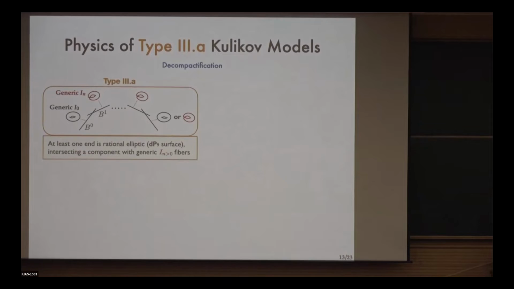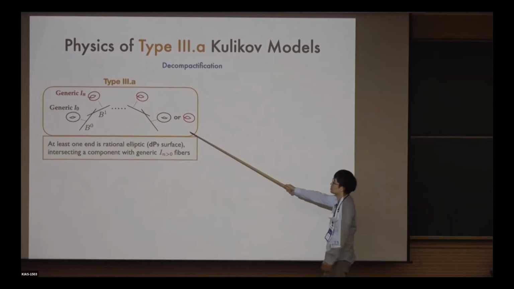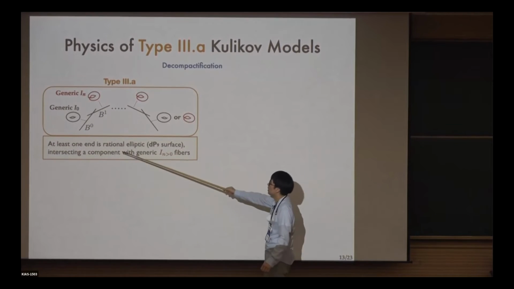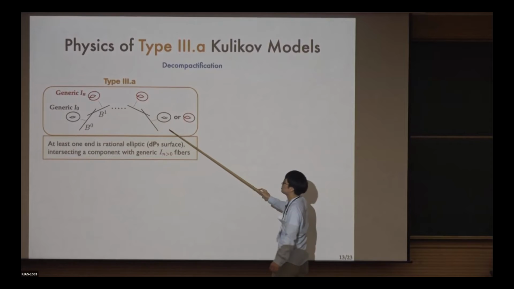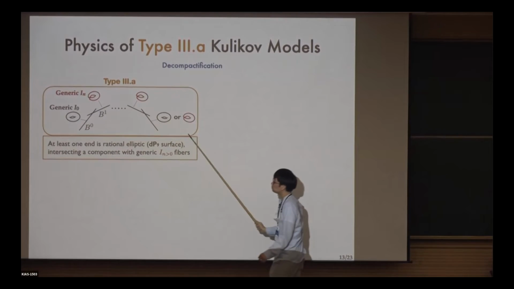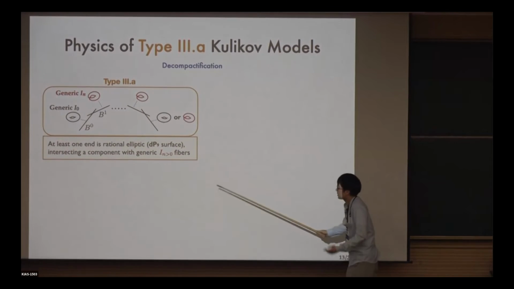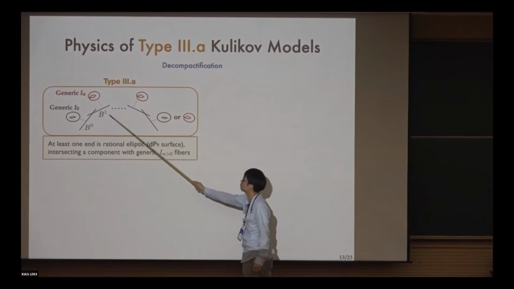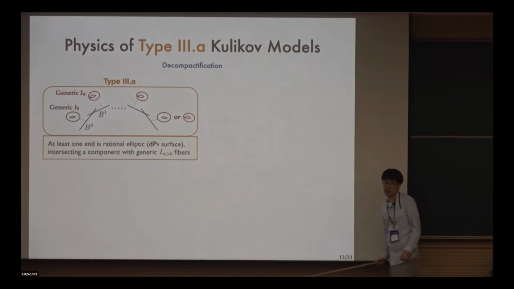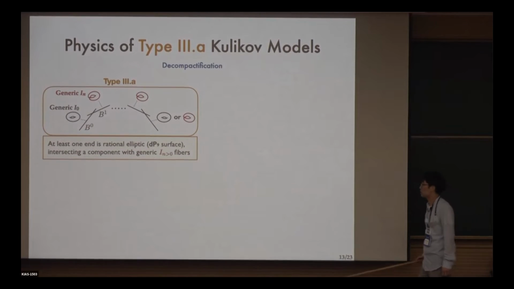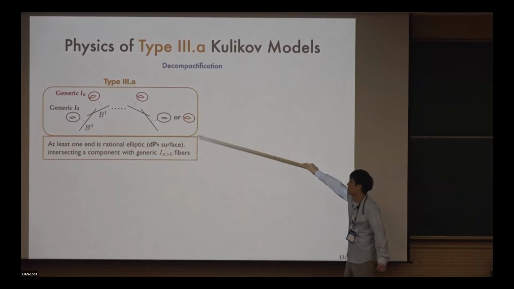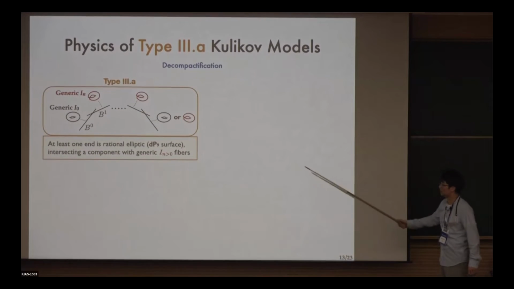Okay, now about the type 3. In this situation, the central element, the degeneration, in the end, after this procedure I described, will turn into a chain of P1 bases and elliptic fibrations over them. But at least at the level of Weierstrass model, this is, again, the chain form as in the type 2 case. I told you that for type 3 models, the degeneration doesn't have to be of chain form, but at least once you blow down all the fibral things, you can get to the chain. And this is how we actually obtain it.